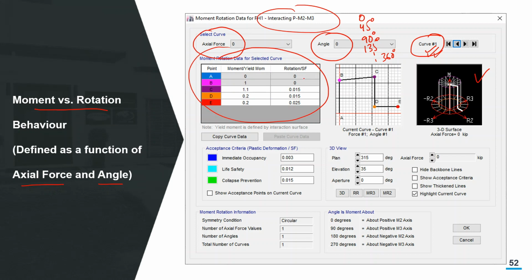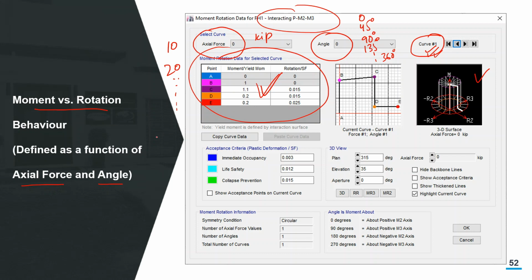Which means that defining manually the plastic hinge for a column will be a very complex process because you need to know the action deformation curve in each direction all around 360 degree, and you should also know the effect of axial force on the moment rotation curve values. So you should know that okay, at 0 kip force this should be my action deformation, at 10 kip this modified one should be my action deformation, and also 20 kip, 30 kip, and you have to cover the whole range of axial load values which your column may experience during the analysis.